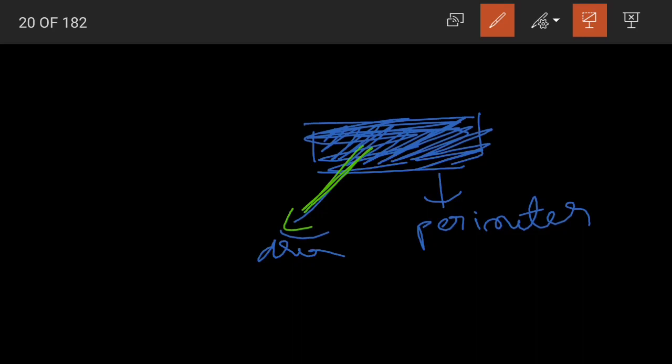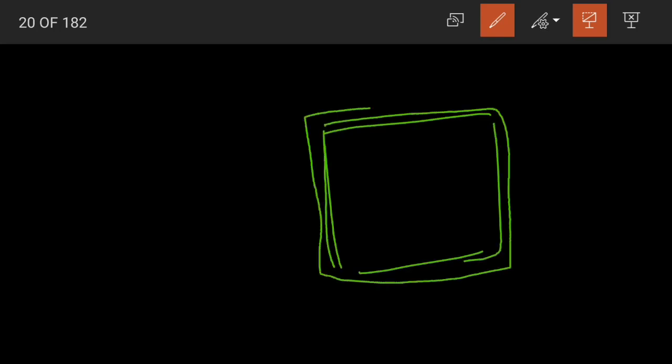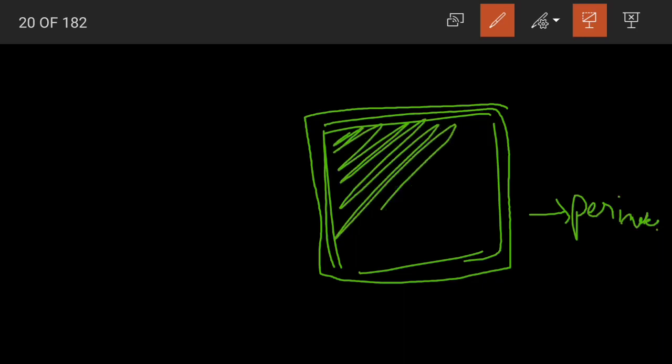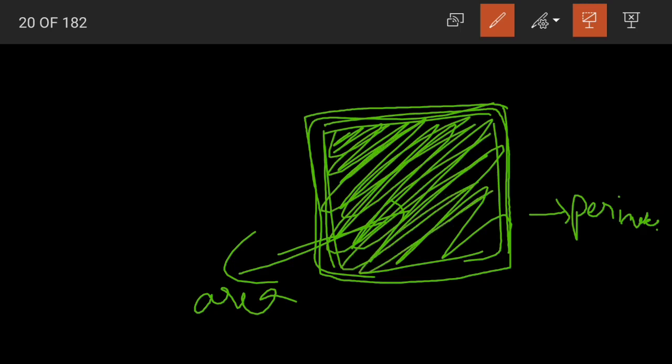Now for example, if you take a room, yes, this bordering, if you walk across the room like this on the borders, that means you will cover the perimeter of the room. But inside the room, whatever place we will be having, that will be called the area of the room. Understood, children? The main difference between perimeter and area: perimeter is just the border line. Area is actually the amount of space occupied by the object or the amount of space in the room.